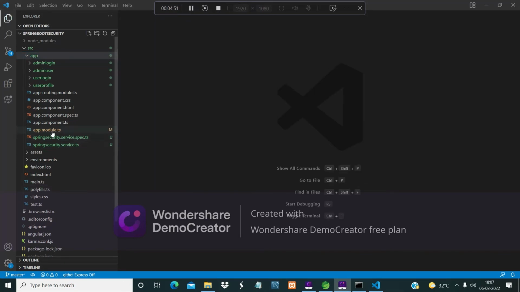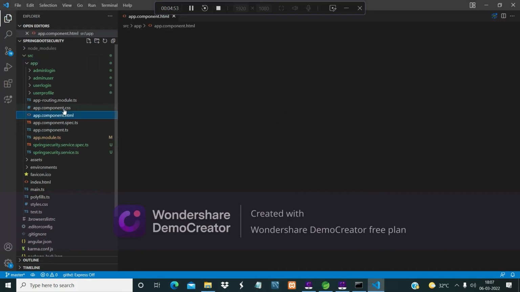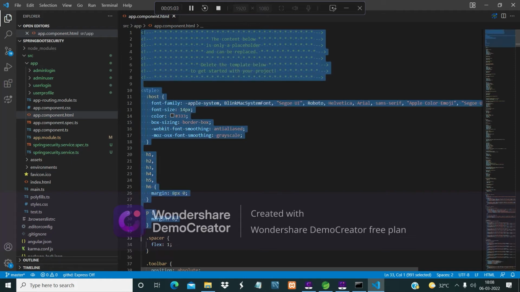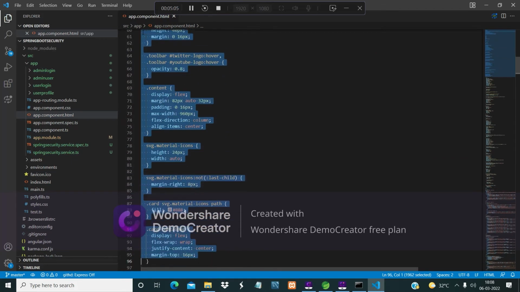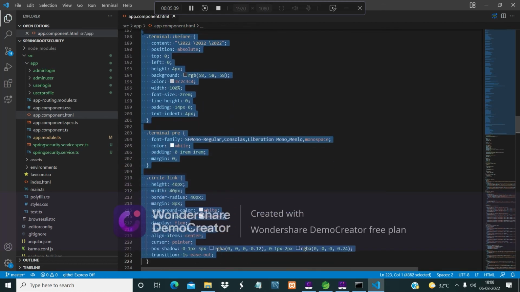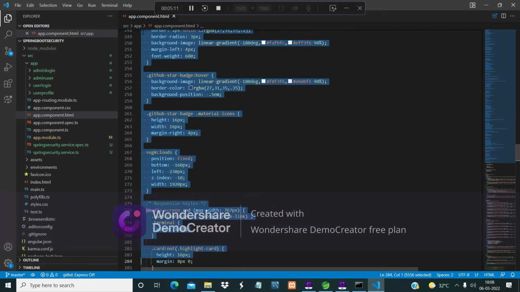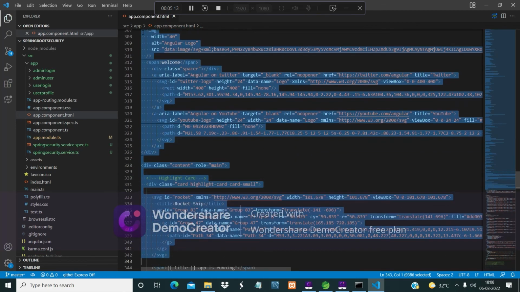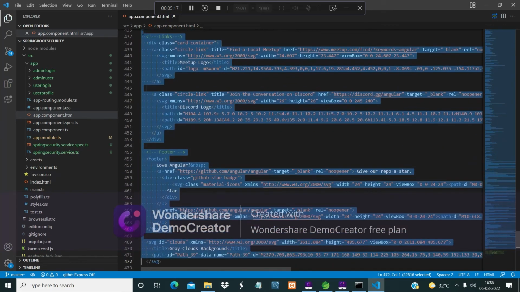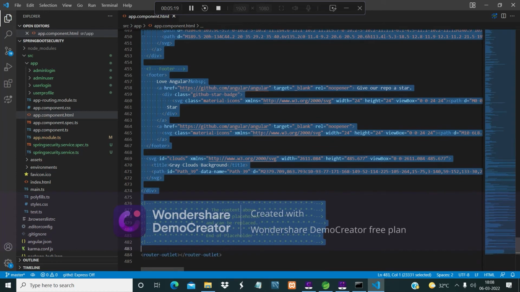So we will take the app.component.html and delete all of this, except the router outlet.